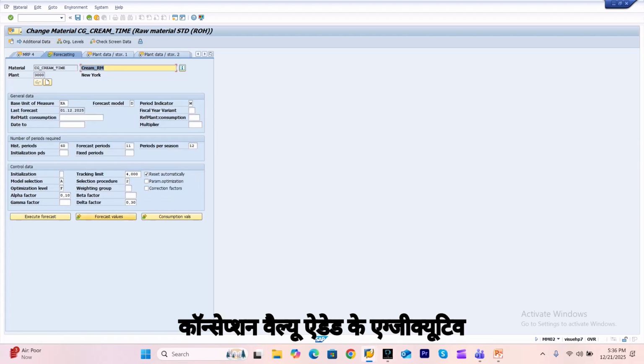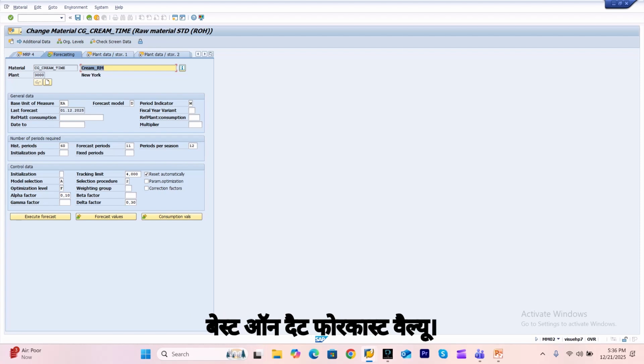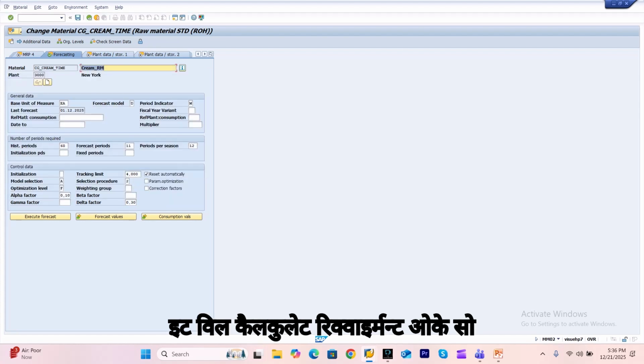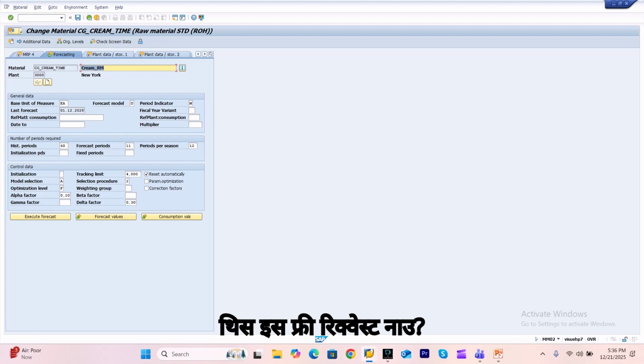Okay, and I did the execute. I already executed the forecast. Based on that forecast value, it will decide the requirement. It will calculate the requirement. So this is the prerequisite. Now